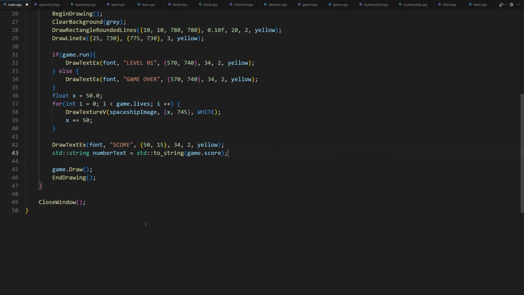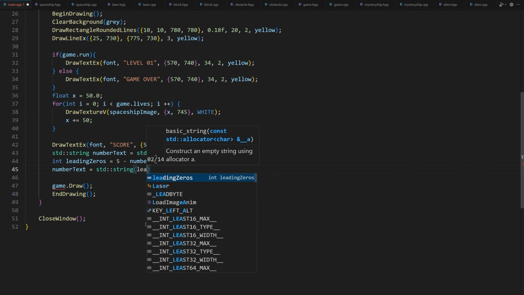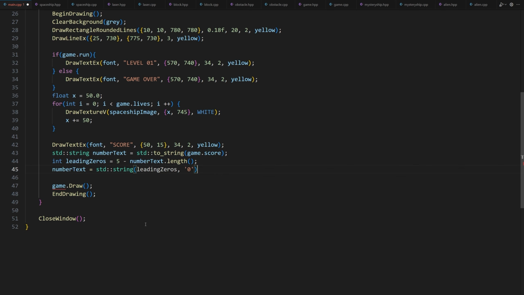We want the text to be 5 digits long, so we need to add this number of leading zeros. int leadingZeros = 5 - numberText.length(). Now we can add the leading zeros to the number text string. numberText = std::string(leadingZeros, '0') + numberText. Now we can use the numberText string after converting it into a C array in the drawTextEx function.